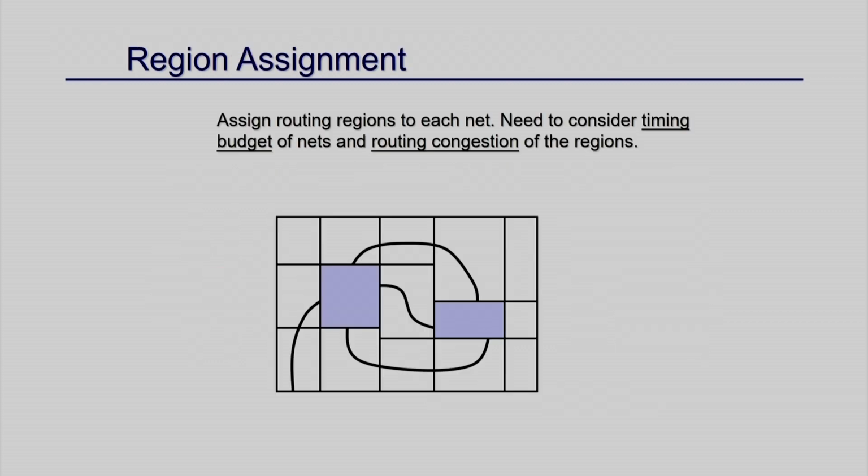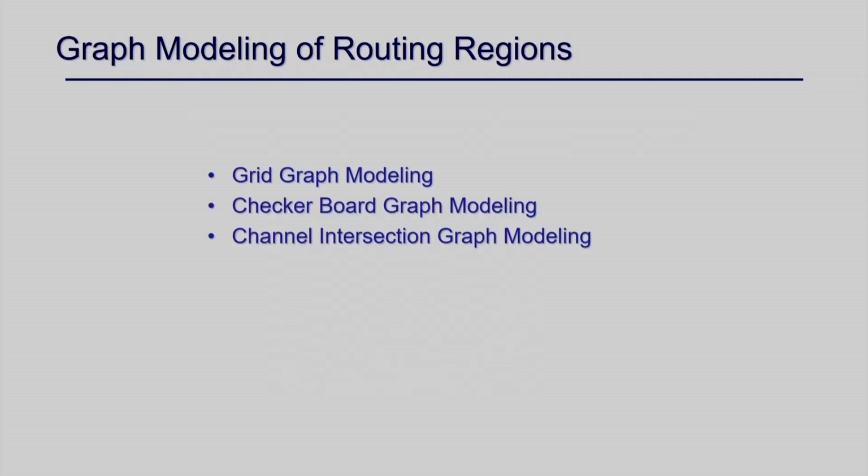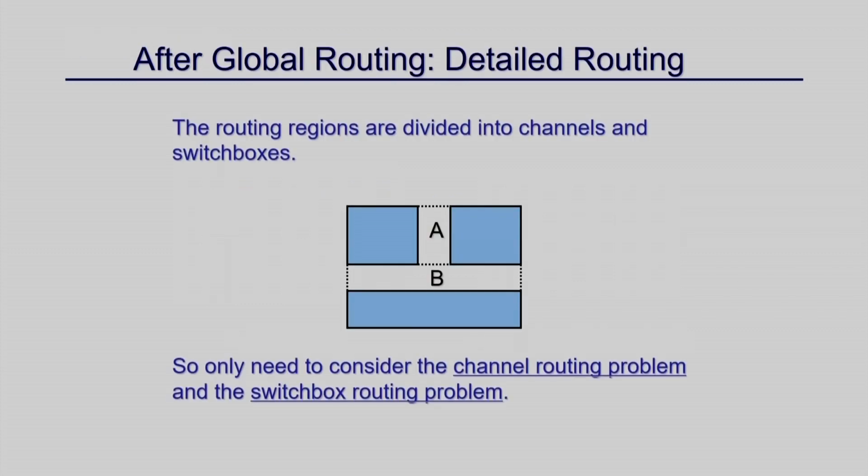After that, as I mentioned, the first step is region definition: you define how many channels and how many switch boxes there are. Then you make the actual connection and do the region assignment. This particular net goes through this switch box, or this switch box, or these regions. This goes through this channel, or this switch box. So you have to assign the channel, region or switch box to each net, which is called region assignment.